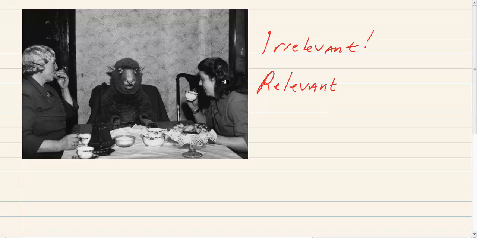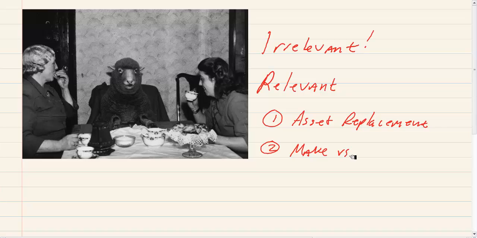The three decisions that we're going to look at are going to be asset replacement, whether or not we should replace an asset we are using with a new one. We're also going to look at make versus buy decisions. Should we make a product in-house or should we go out and buy it from somewhere else? And that's also called outsourcing. And then finally, we're going to look at special order decisions, whether or not we should accept a special order